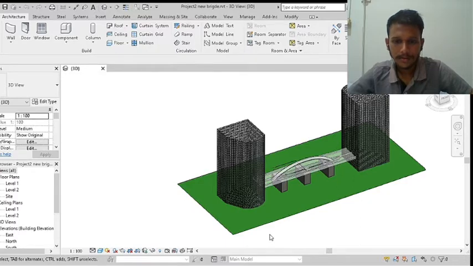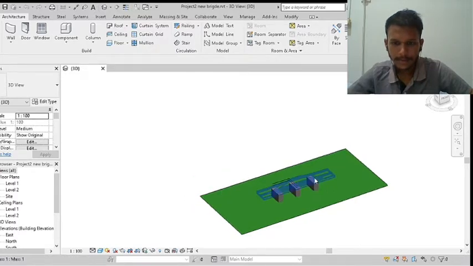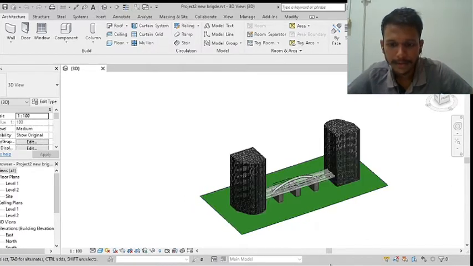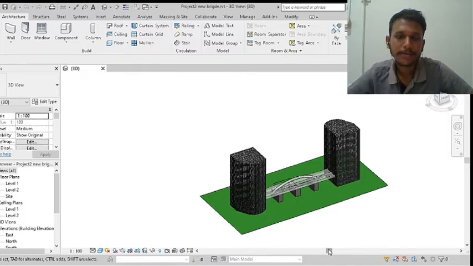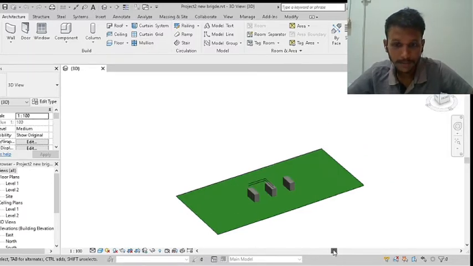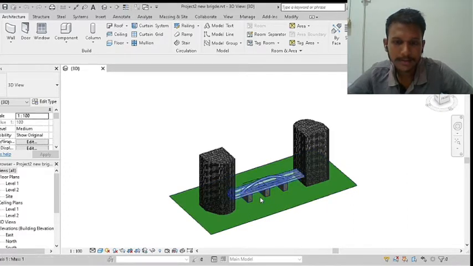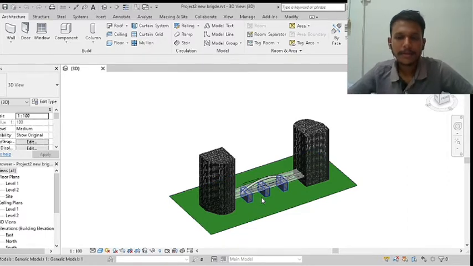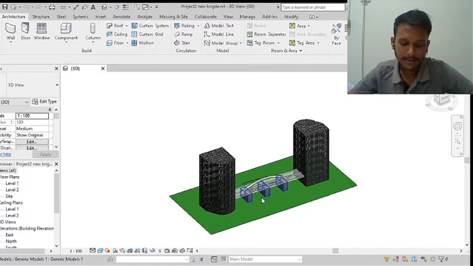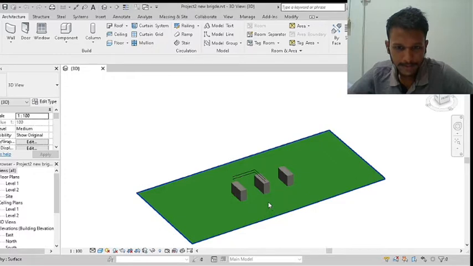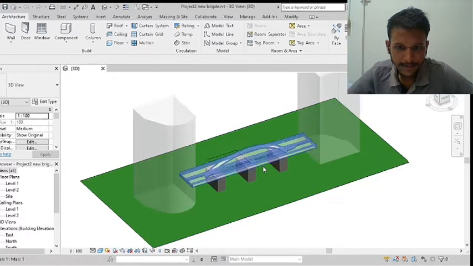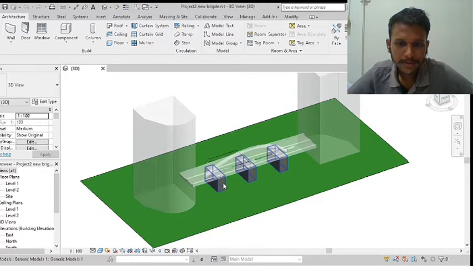I will explain about the bridge and the building that I built using the Revit software. First of all, let me show the building. Actually, this is a suspension bridge. The idea to build the bridge I took from the Cittadella bridge from Italy. As we can see here, I designed three columns for this bridge to support